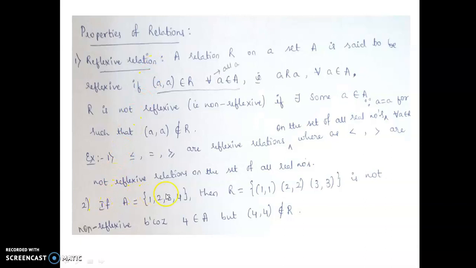And if you consider this example, a set A consisting of four elements 1, 2, 3, and 4, and the diagonal elements, that is (1,1), (2,2), (3,3), it is not reflexive. In this case, why? Because (4,4) is not present in R. So this is the best example to understand what a reflexive relation is. Always the diagonal elements of a matrix you can consider, that is called a reflexive relation. If in this relation R, (4,4) was present, then it would have been reflexive. Now in this example, this is not a reflexive relation.